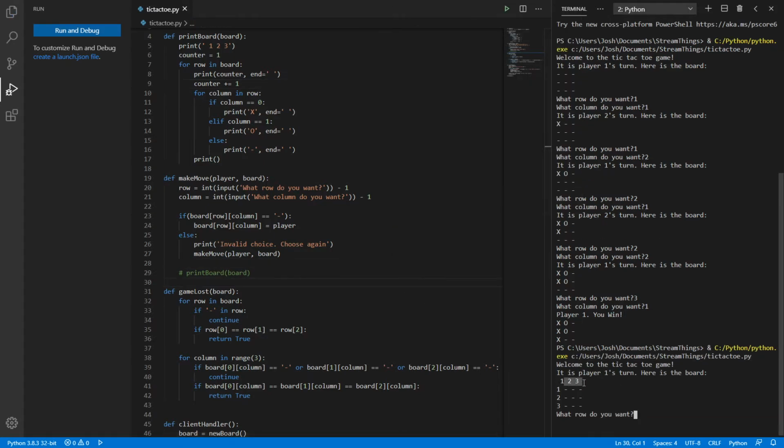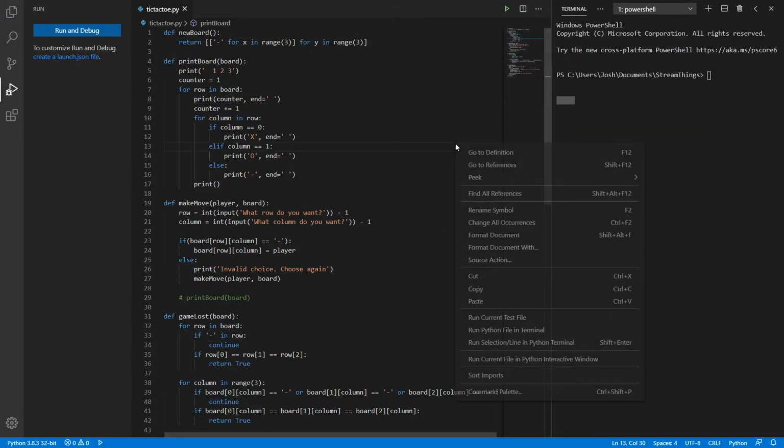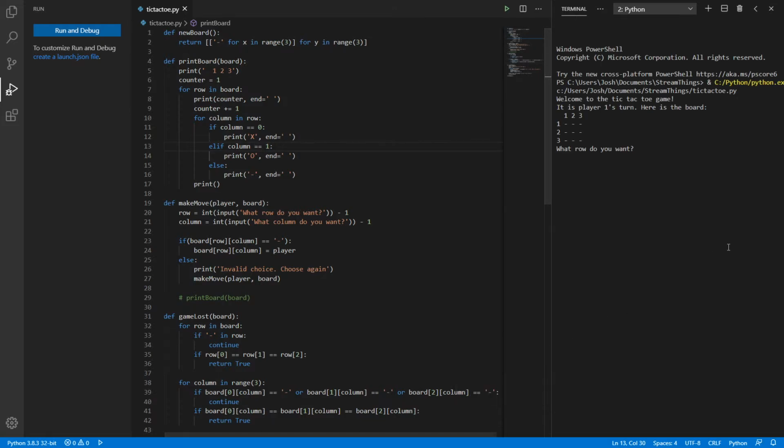There we go. 1, 2, 3. It looks like our alignment's a little off, so we can just add a few more spaces in there. There we go, just like that. This should work. Let me delete this because it's gonna give me an error. Okay, there we go. And there we go. So now it's just one screen. If we play a game,